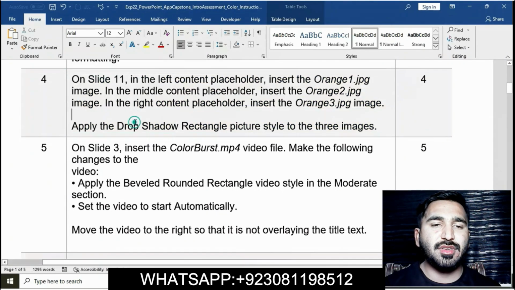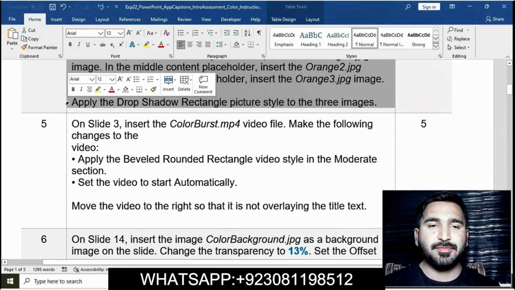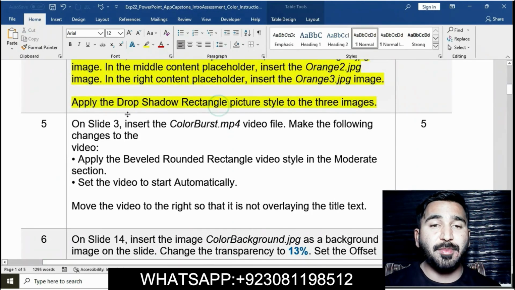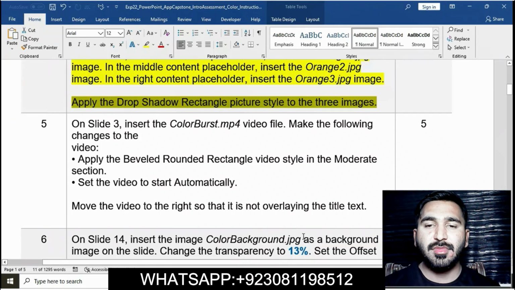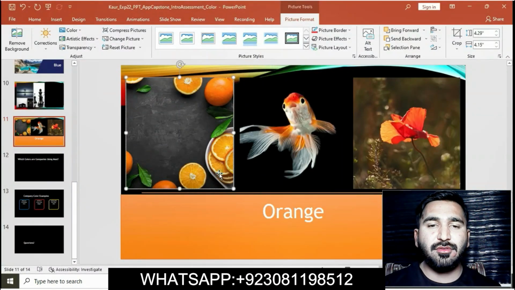Now moving on, the next question is question number 5. Okay, sorry, apply the Drop Shadow Rectangle picture style to the 3 images.